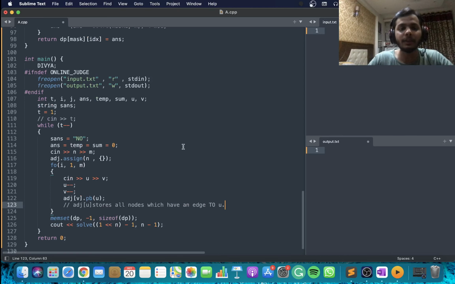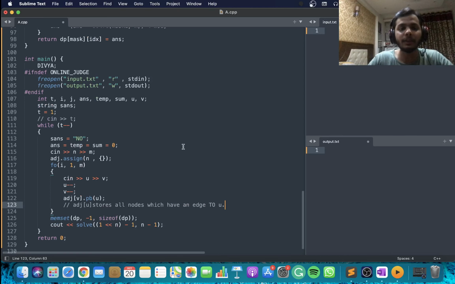And I do this standard dp stuff. I do memset of -1 for the dp, and I say that my final answer is going to be dp of 2 to the n minus 1 and n minus 1, right? So here the nodes are numbered from 0 to n minus 1. It is zero based indexing, right? And with that done, wait a minute. So did I make any problems here? Yeah, so I assumed 1 based indexing. It's going to be 0 based indexing, right?